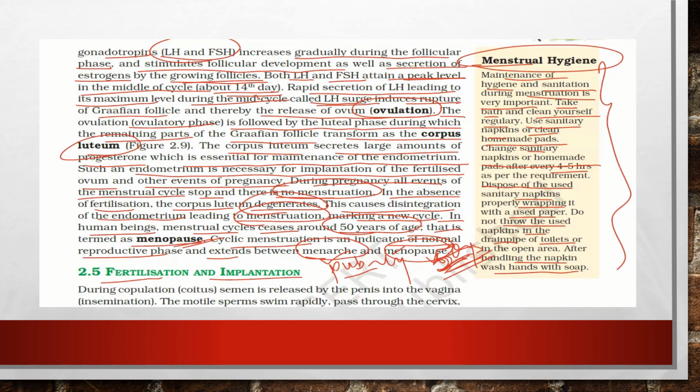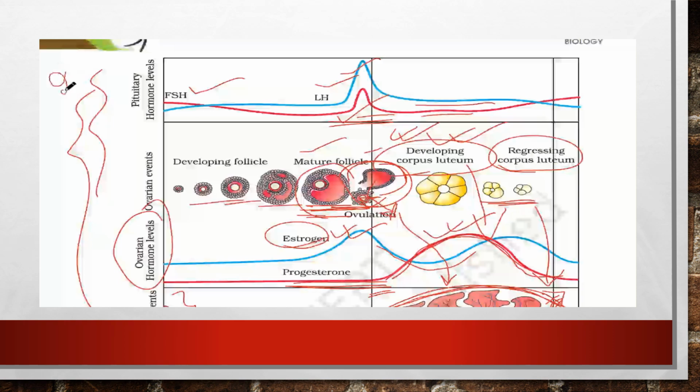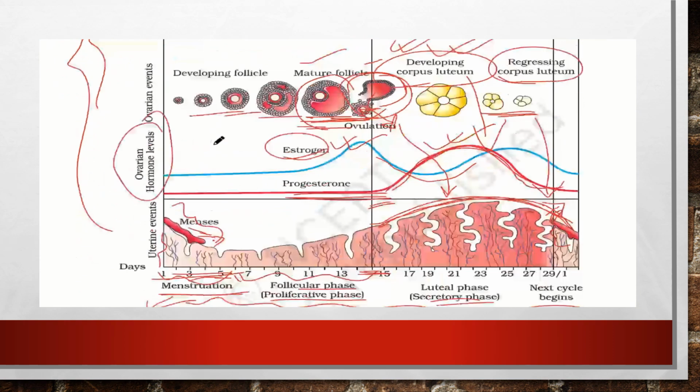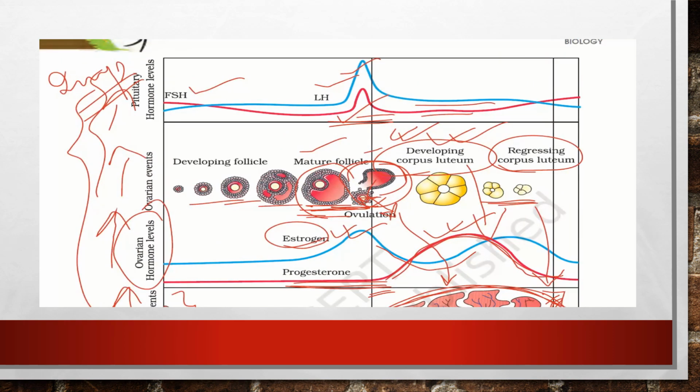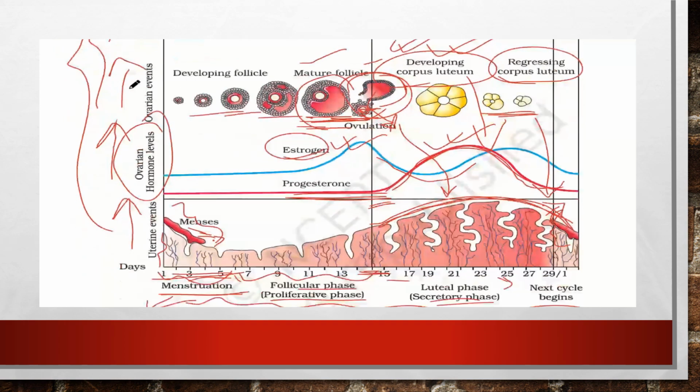And I think you have understood this full menstrual cycle in detail with the hormonal changes. And please learn this diagram properly, this is a very important diagram. If you learn this diagram, it will be easier for you to understand this full phase and to explain in detail the full phase. Okay, so here are the days of menstrual cycle, and here we have seen the uterine events, ovarian hormone levels, ovarian events, and the pituitary hormone levels. So just go through this diagram properly, draw it, write it down in your notebook, and learn it properly.